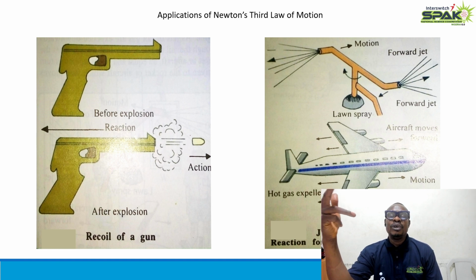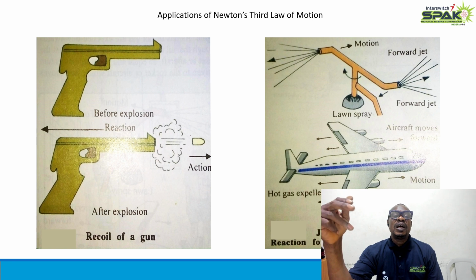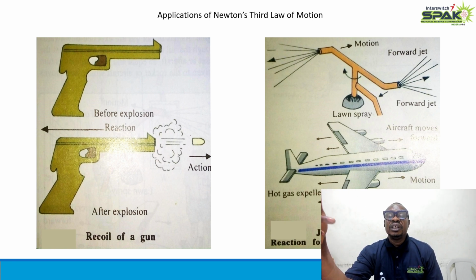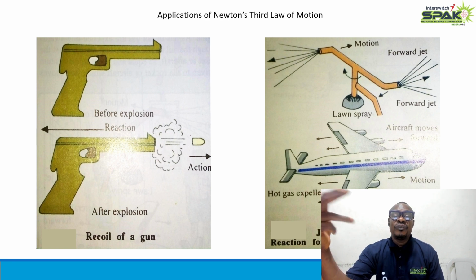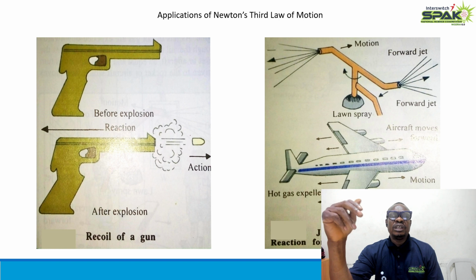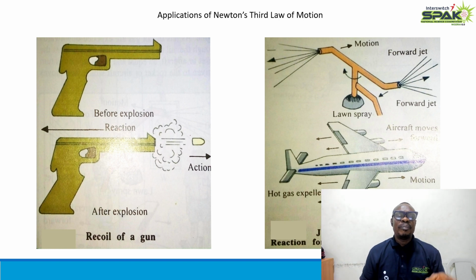So the person shooting that gun, the hand moves, of course the person has a mass m, and the gun itself has its own mass. The bullet has its own mass. Then the bullet goes with a velocity v, and the gun itself moves with a velocity V. Okay. So, but in this case, there is a kind of counterbalancing of the mass and the velocity, such